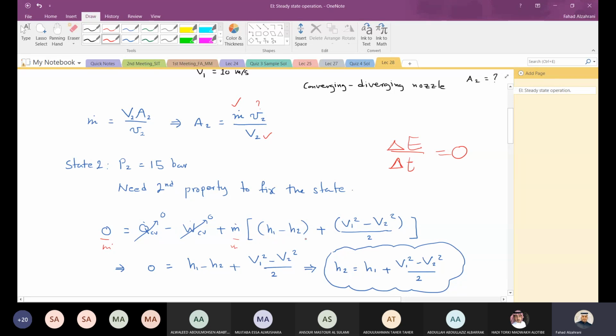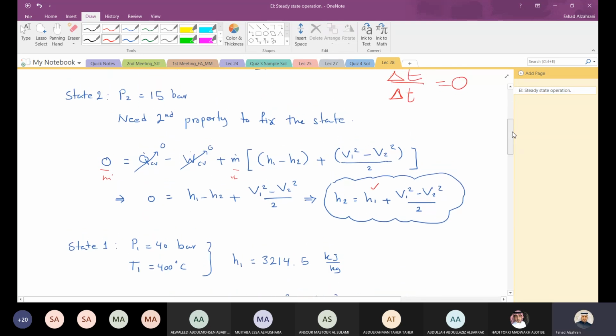Then you're left with H1 minus H2 plus (V1 squared minus V2 squared) over 2 equal to 0. So then you can solve for H2. Okay, فبالتالي تطالع في الايكويشن هذه عندي H1 I can find it from P1 and T1 وعندك اعطيتك given ال V1 و V2 خلاص you can find H2 فيصير عندك ايش؟ P2 and يعني pressure at exit and enthalpy at the exit,